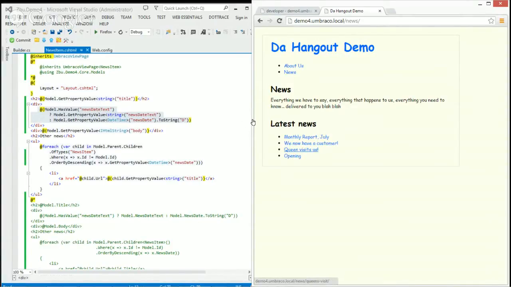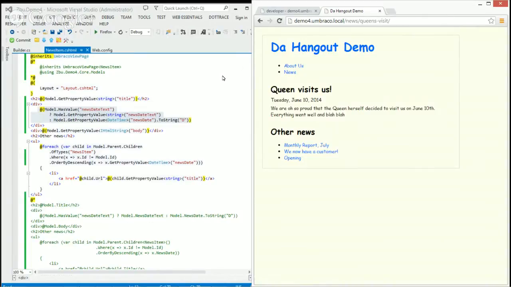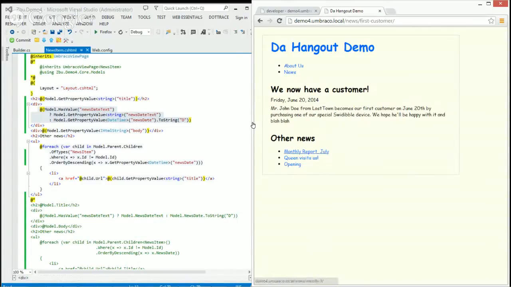When you click on one news item, you have the details: the title, the date, and a bit of text. Then you have links to other news items, and you can navigate through them and read them all. What I want to do is look at the view that generates that page.